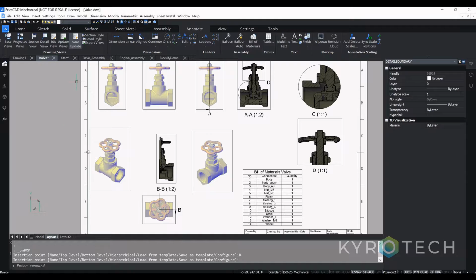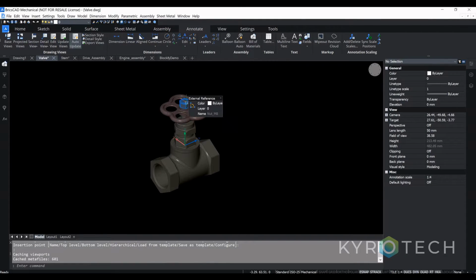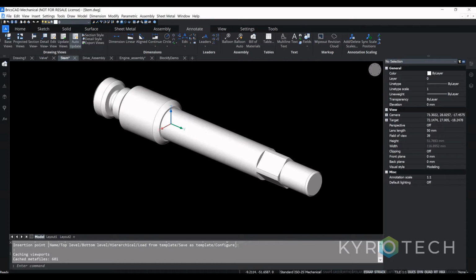Now we'll make some changes to one of the parts in the model. Let's say, for example, the stem. Now this is the stem file. Since it is an assembly, this is an external file. So we will just go here and make